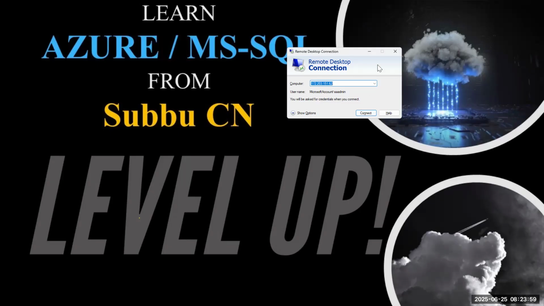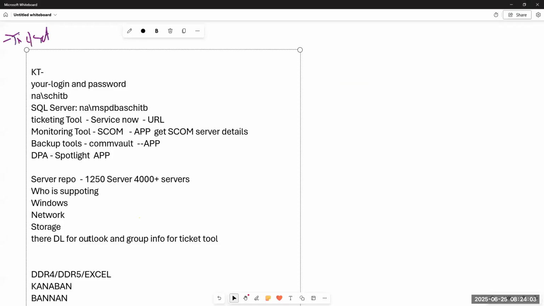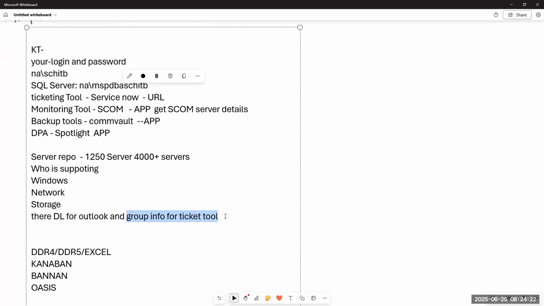If you want to create a ticket to the Windows team, you need to get their information. When you are going to create a ticket, you need to provide which group, to which team you are creating the ticket. That group information you need to get, sir. It's very difficult to find this group in ticketing tools because it's something different.